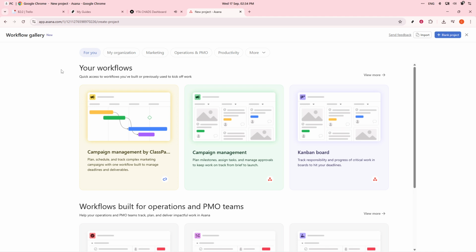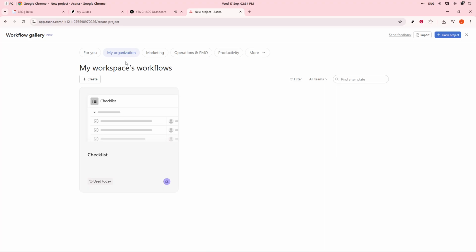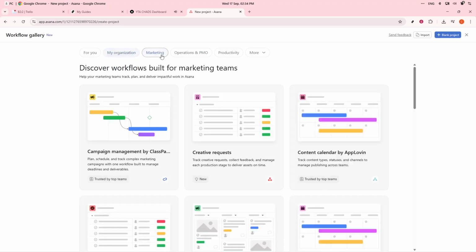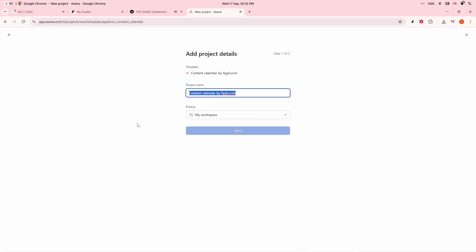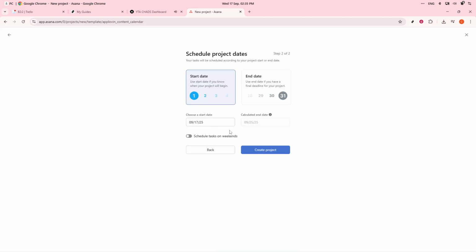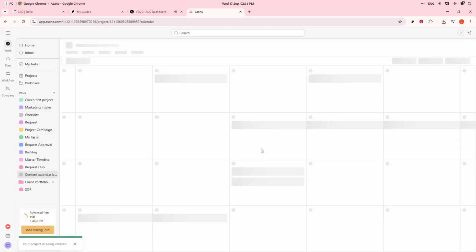When finalizing, specify whether the template is for personal use or intended for organizational use, so your team can easily access it. Now let's talk about using these templates to kickstart new projects. In Asana, when you're ready to start a new project, click on the plus new project option. Rather than starting from scratch, opt for the use a template option. Select from your saved templates and in a matter of seconds, Asana will generate a project pre-filled with your thoughtfully